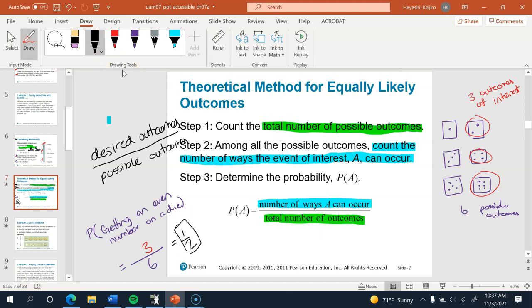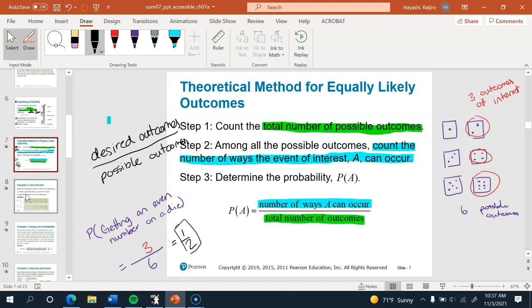So the probability of getting an even number when you roll a die is 1/2, which is not really a surprise because half the numbers are even and the other half are odd. But that's how you would construct a probability. You place the number of possible outcomes on the bottom, and you place the number of desired outcomes on the top. And every time, the probability that results from this is going to be in between 0 and 1. Usually somewhere in the middle, but it's definitely between 0 and 1.